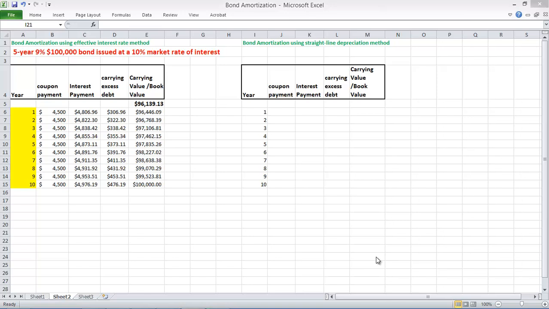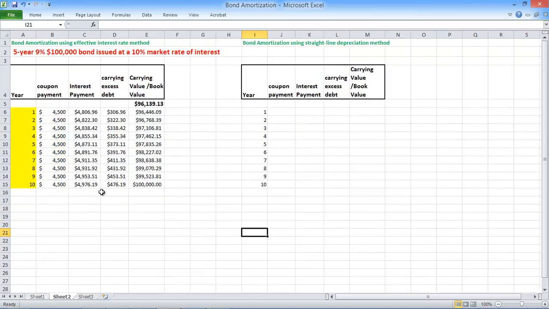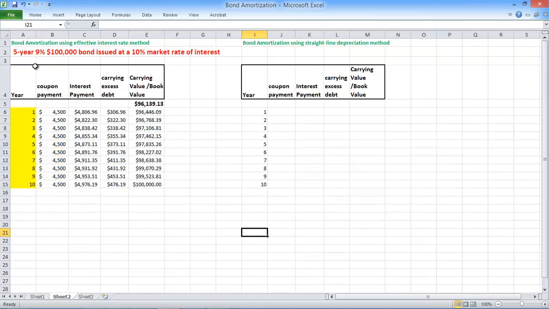Welcome back to this tutorial. This is another example of effective interest rate amortization of bonds. We're going to do bond amortization using straight line depreciation and also bond amortization using effective interest rate. What's different in this example is that this bond is trading at a discount. In our previous example, the bond was trading at a premium. I'll show you how. So this ABC company has a 5-year 9% $100,000 bond issued at a 10% market rate of